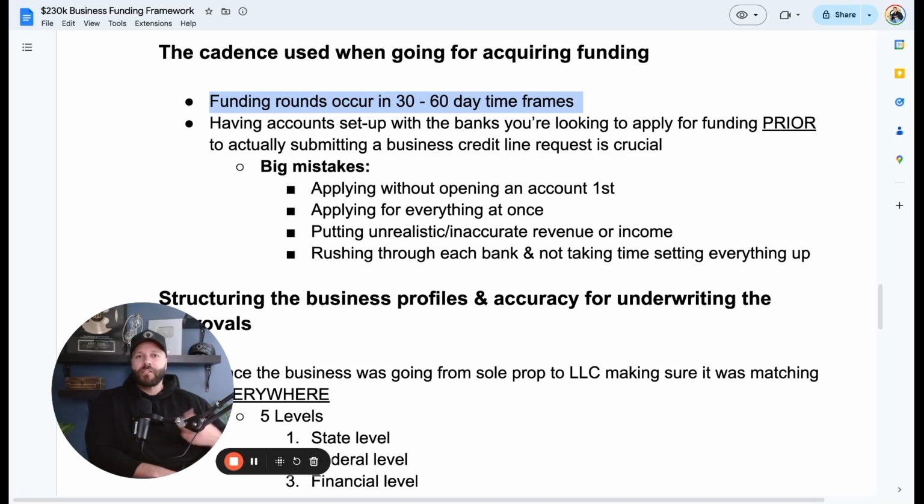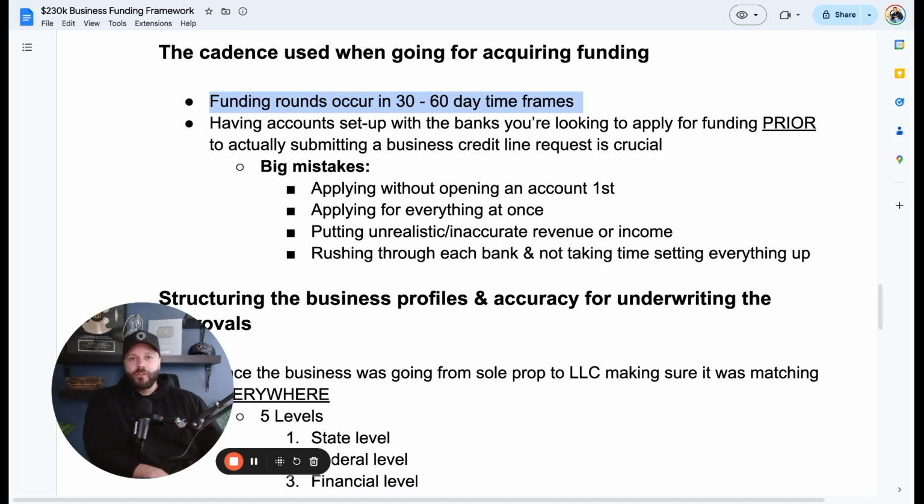If you start rushing the process too quickly, banks see that as an immediate need for capital, and that actually turns them off. So you want to play it cool whenever you're going through the process, because if you try to speed it up, then again you're seen as a higher risk to them, and they're going to say, wait a minute, why do you need this capital so fast? Is there something that you're not telling us? So, spacing it out.